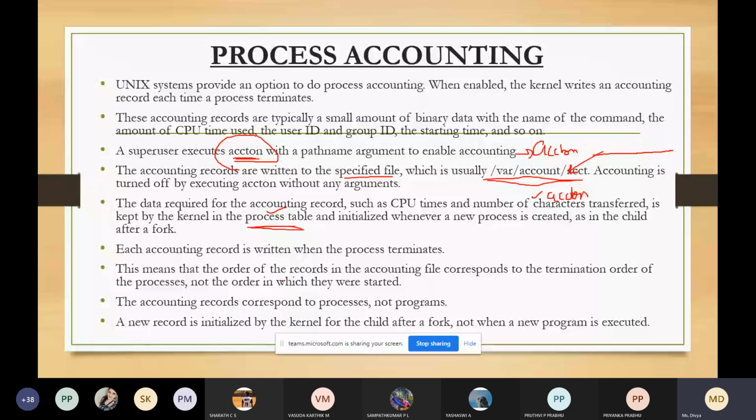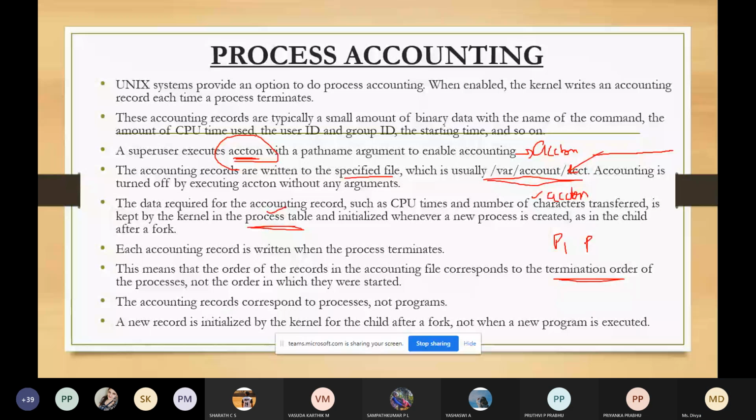Usually when we are running a system, we will not be having just one process. We'll be having different processes, correct? And if you want information about all, assume that 5 processes are there, we need that information about all the 5 processes. So it means that the order of records in the accounting file corresponds to the termination order. That means assume that